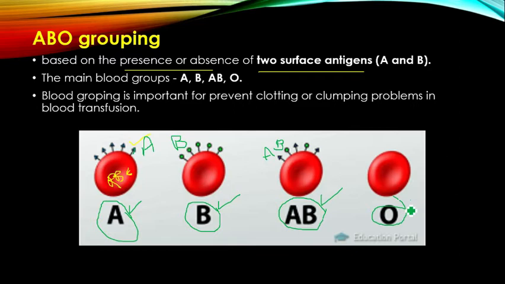Based on that, we can identify that if you belong to the A blood group, on the surface of your RBC you have A antigen. If you belong to the O blood group, there are no antigens on your RBC. See, that is the formation of different varieties of blood groups because of the presence or absence of antigen A and antigen B. That is called ABO blood grouping.